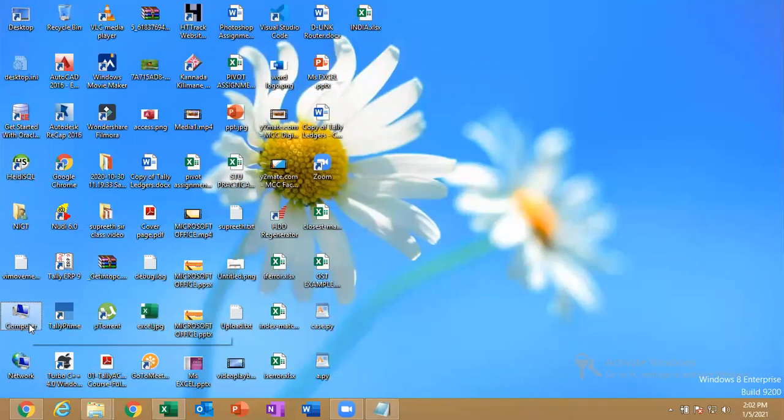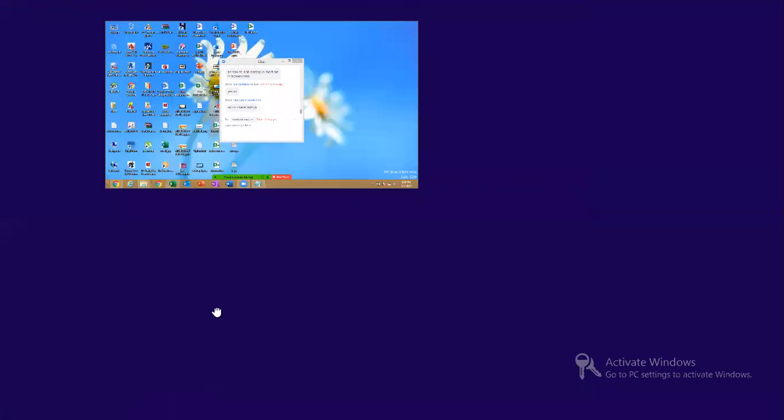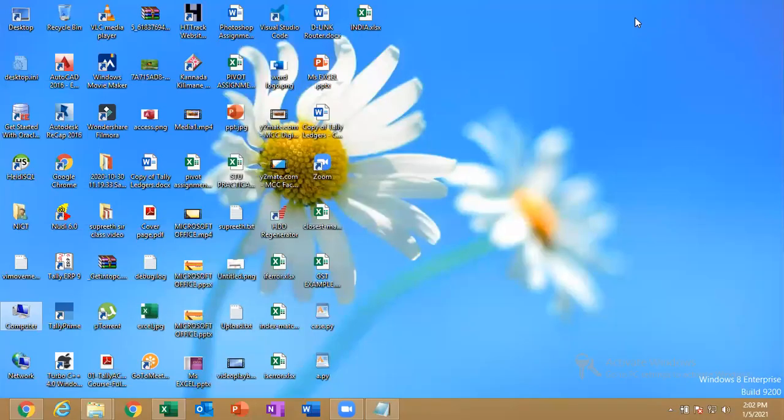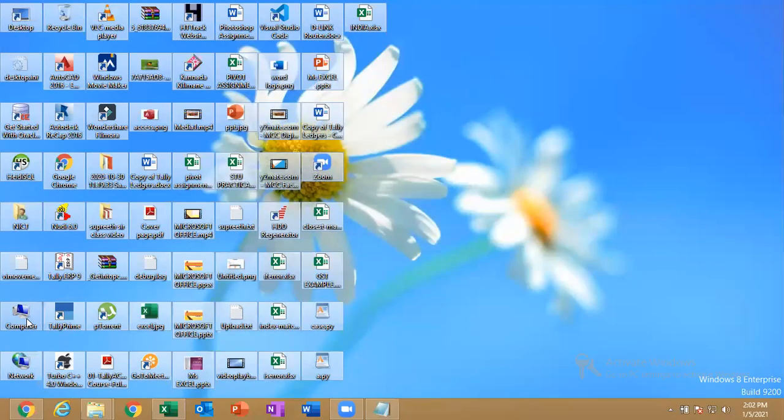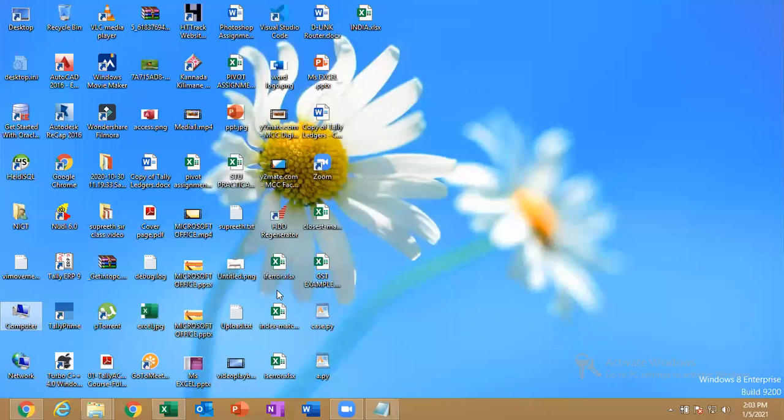Just clarify to me, is this what you want or this one you want? Desktop or this computer? Because this entire thing is called desktop, as we are already in the desktop. My computer means you tell me, I'll tell you how to do that.